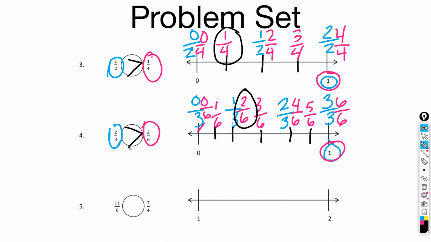Okay, so that brings us to our last one, which is 11 eighths and 7 fourths. So you might notice here, this one's a little more challenging, but the 1 starts at 1 instead of 0. So we have to figure out what 1 whole is in eighths. So if we do our picture and break it into 8 pieces,